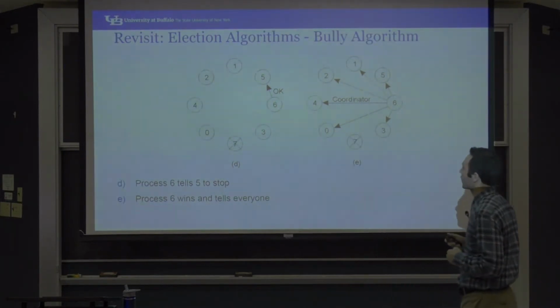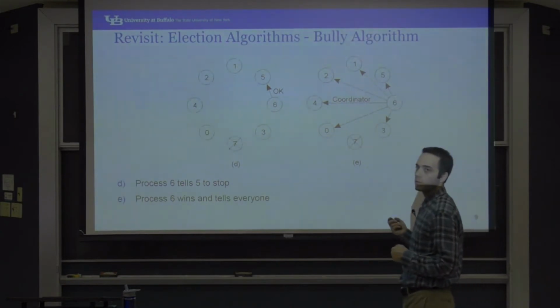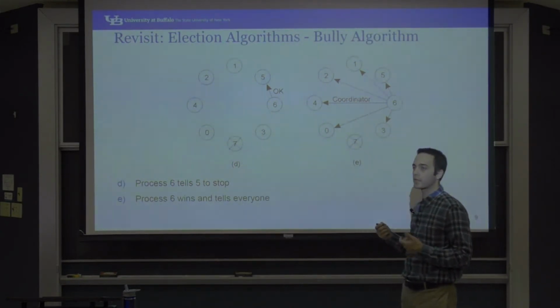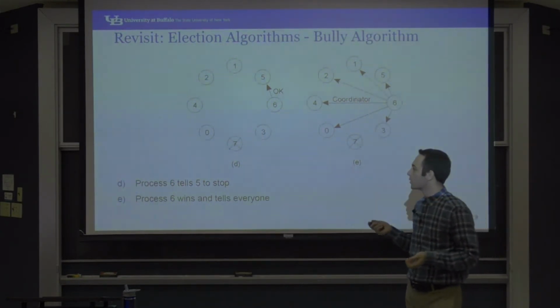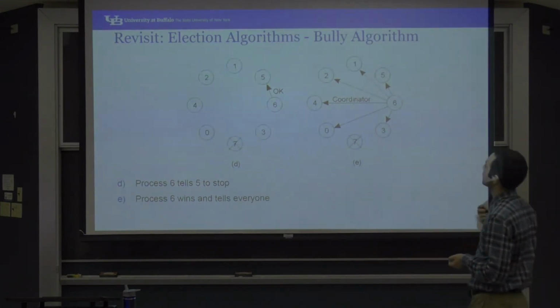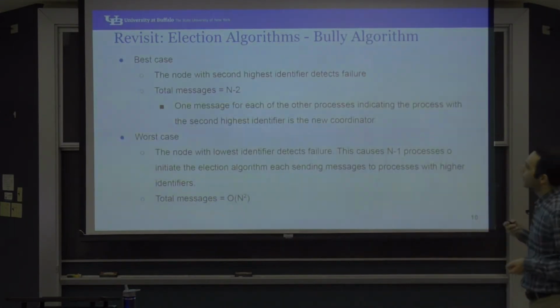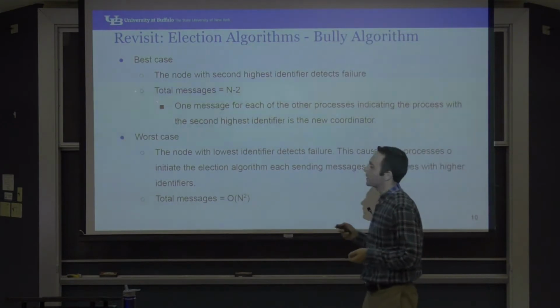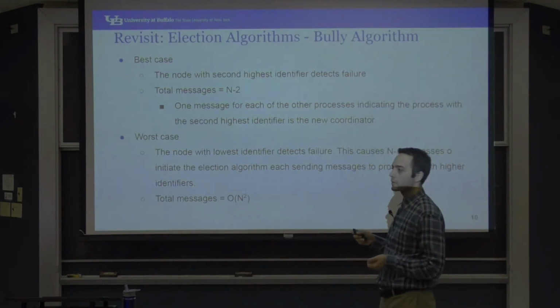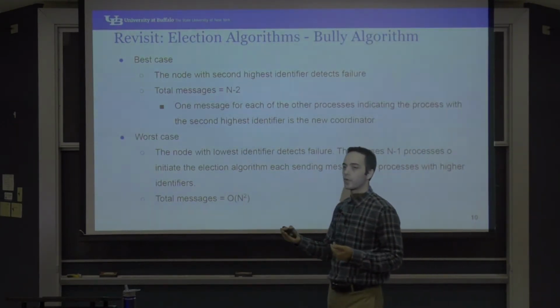Just everyone knows about the new coordinator now. All right. And again, because there's no coordinator, there's no process higher than 6, there's no objection, right? So no one will start another election. Now, in the case of the bully algorithm, the best case, if the second highest priority process gets to know